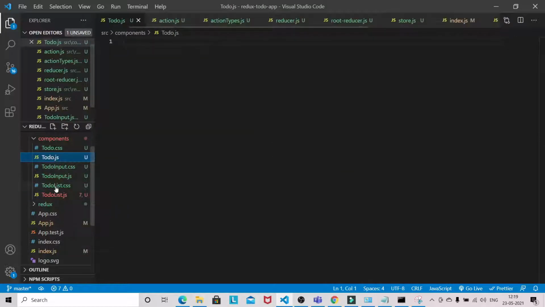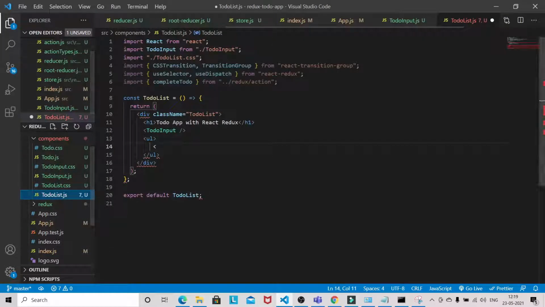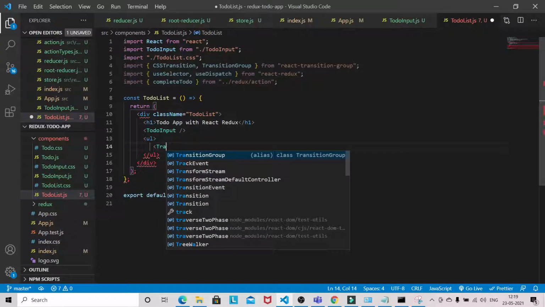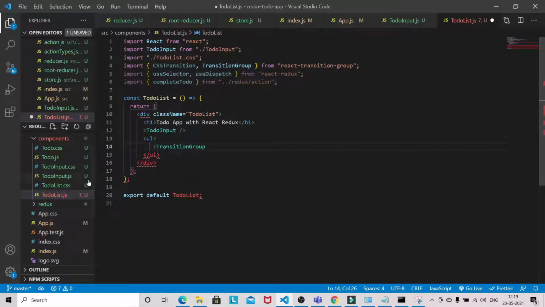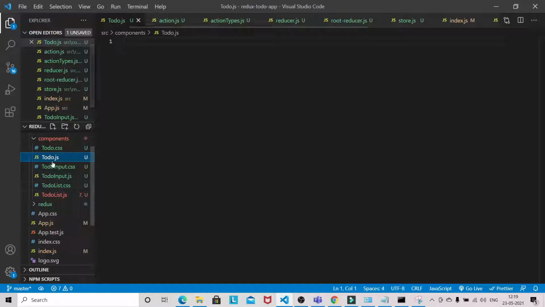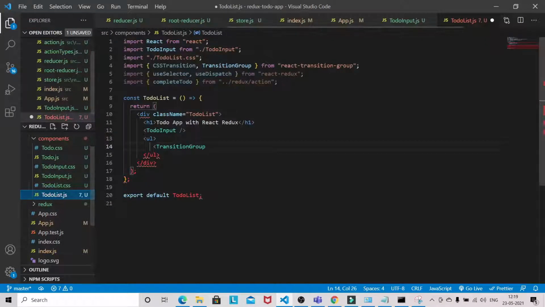We haven't tried anything here, so we have to pass some props here. This will basically be responsible for rendering the to-do items. Okay.